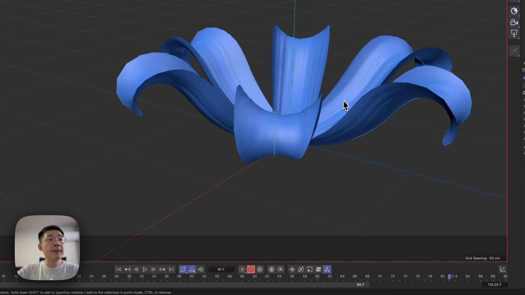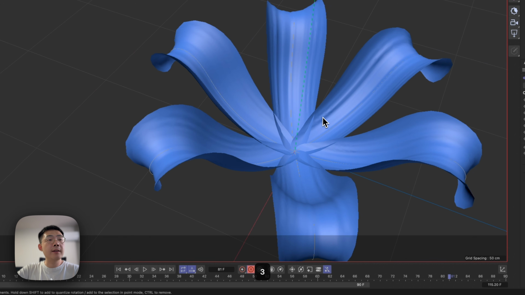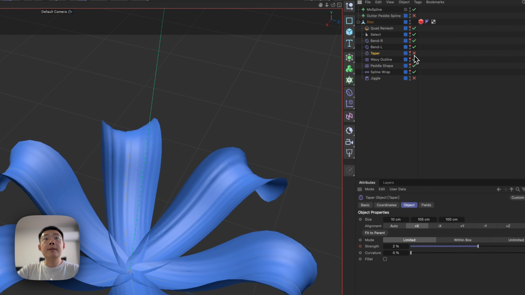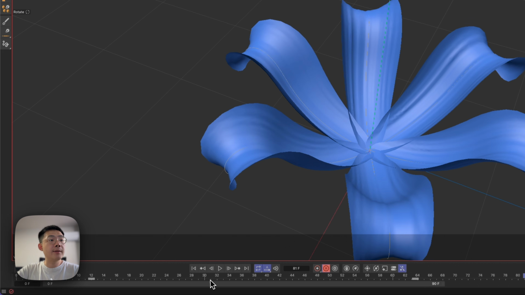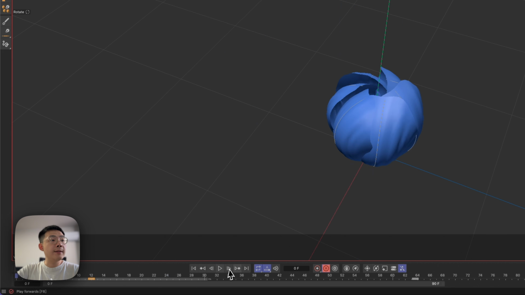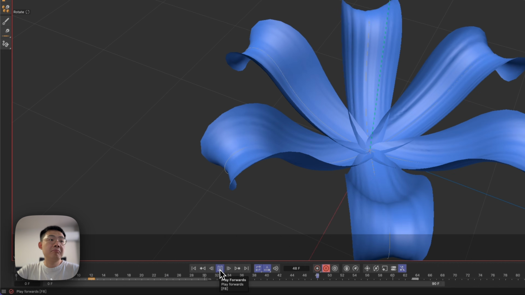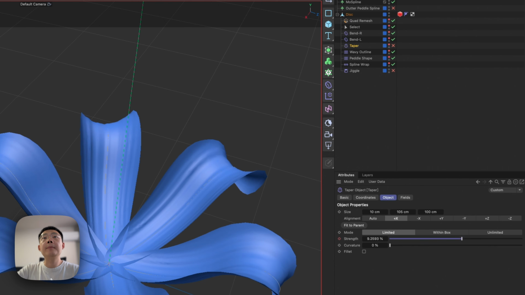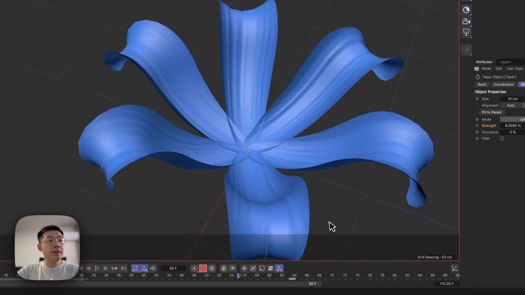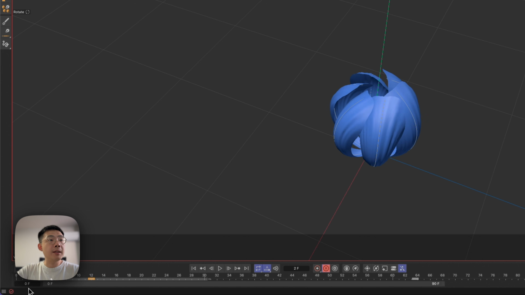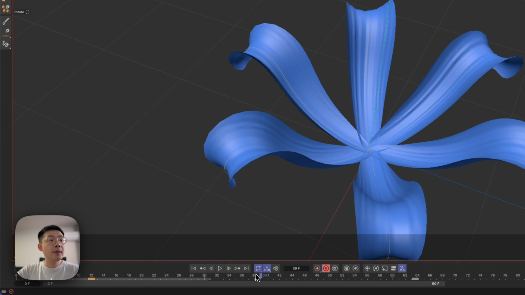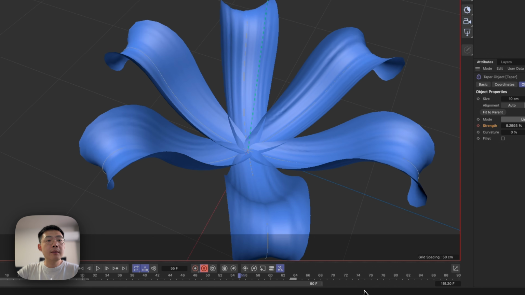Yep. So you can see this flower petal getting thicker at the bottom. That's exactly because of the taper. Because you can see if I disable the taper, it doesn't have any effect, right? Let's actually not make that animation. So yeah, I actually like